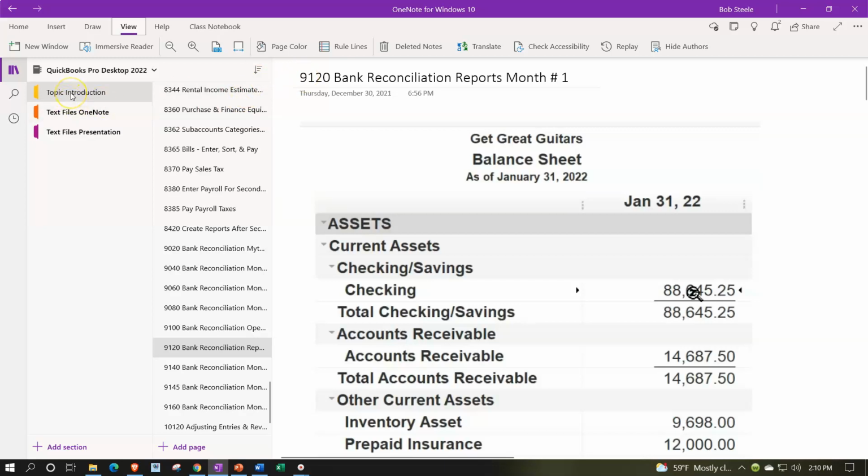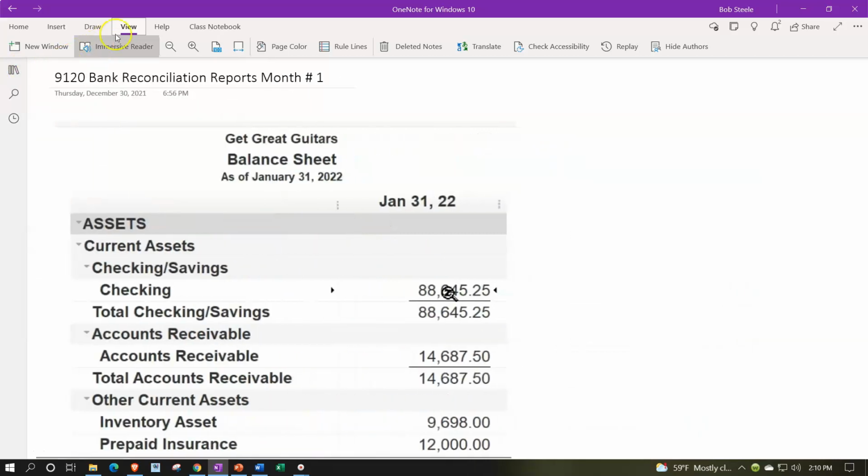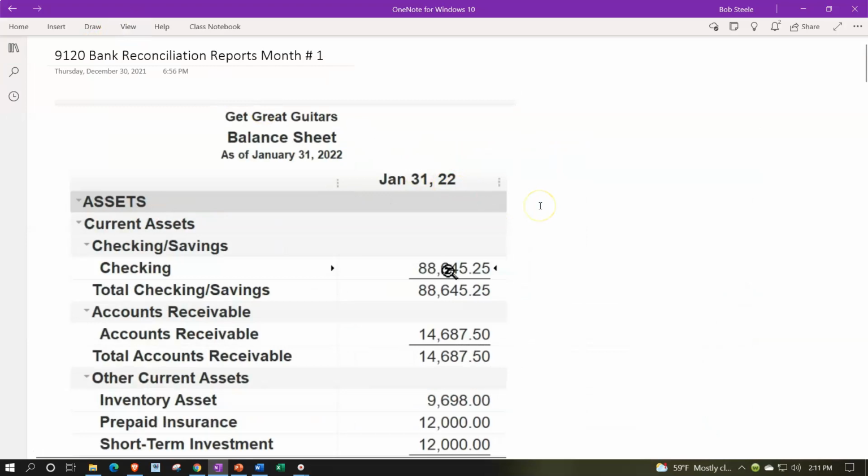The topic introductions are designed to give an introduction to the topic, provide screenshots, links where applicable, and give accounting background to complement the presentations. They can be used to follow along with them if you don't have access to the software at that time. Closing the icon on the left-hand side, we're looking at the reports that are going to be